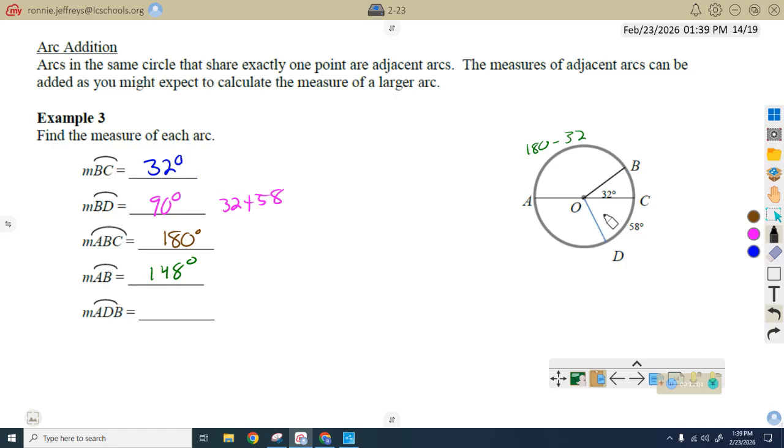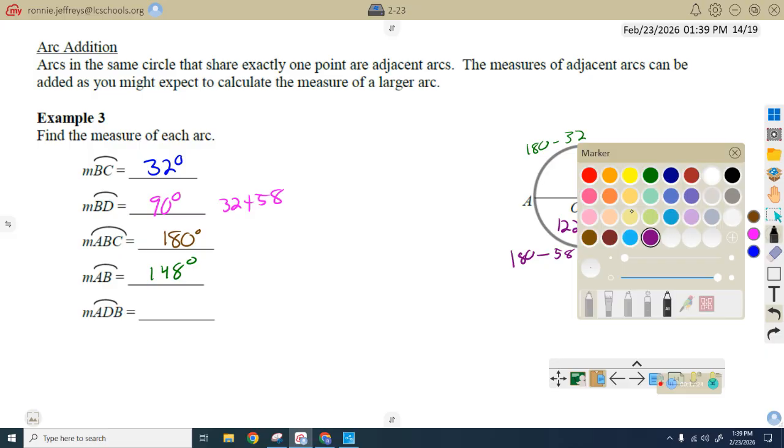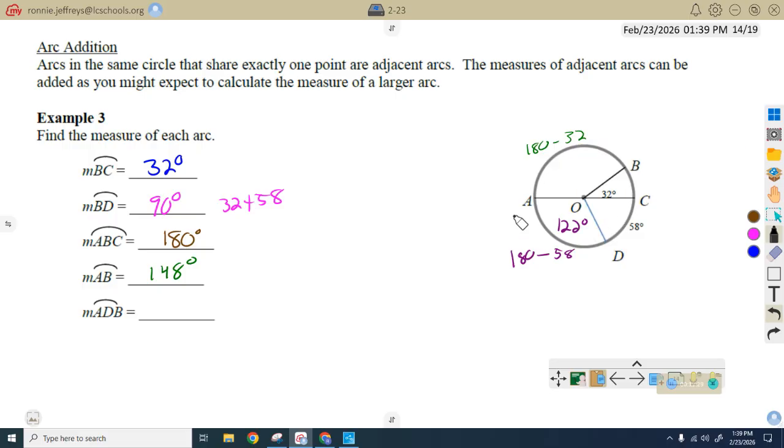It would be 180 minus 58, which would be this right here. If we were asked this, that would be 122. And then if we're asked for this one right here, 180 plus 32, this would be,